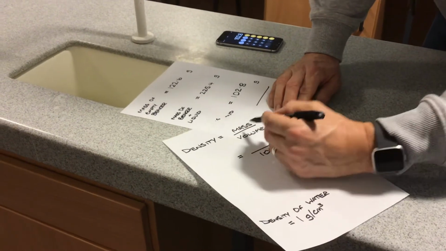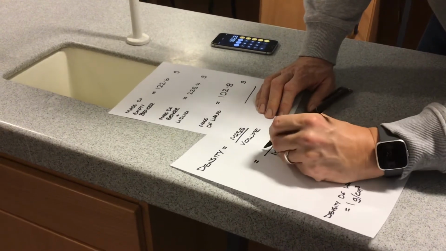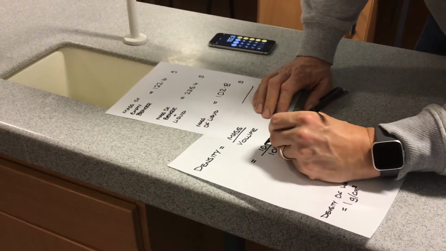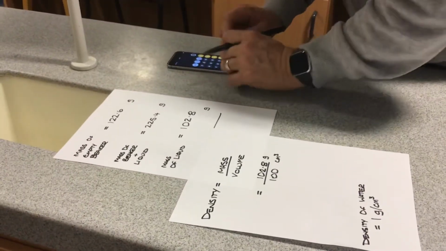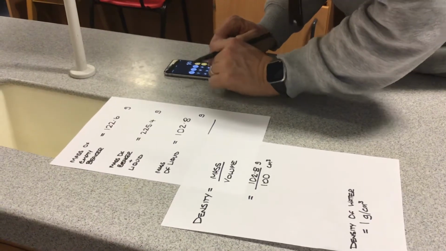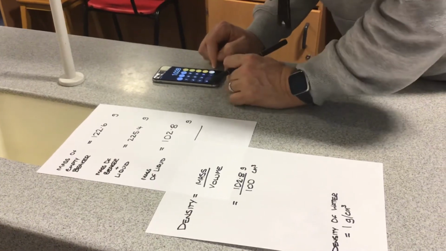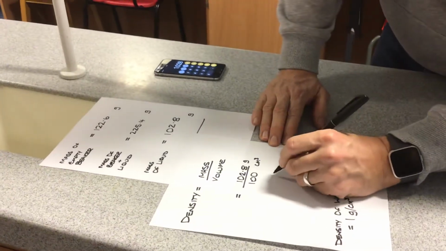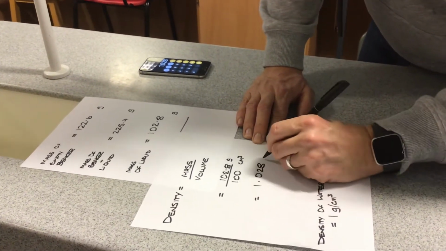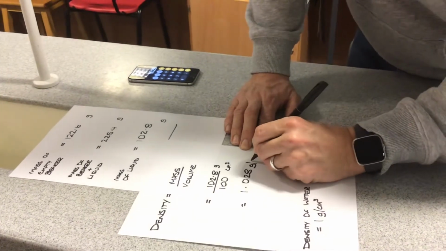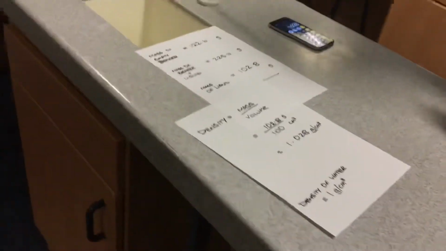Density equals mass divided by the volume. We know the volume was 100. We now know that the mass is 102.8. So we can do another quick calculation. 102.8 divided by the volume 100 equals 1.028 grams per centimetre cubed. Now that is giving us the density of the liquid,